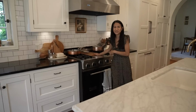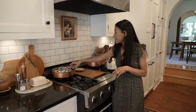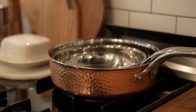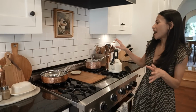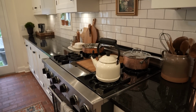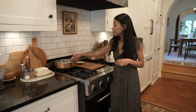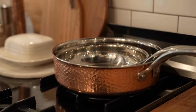My husband was so sweet. He actually polished our copper pans because he knew that we were doing a home tour. So he was up last night just polishing these, but I love copper cookware. So they're not just for show. We actually use this, and it usually is a little bit more patinaed, but my husband polished it. And I love a good